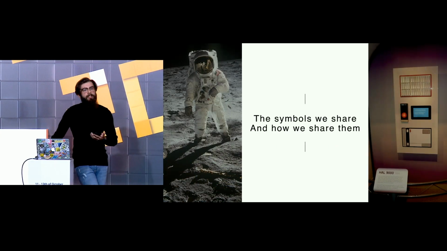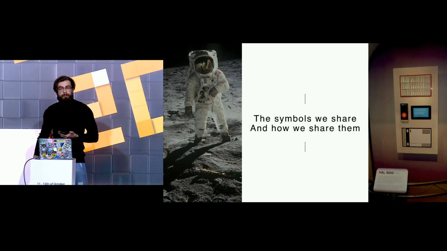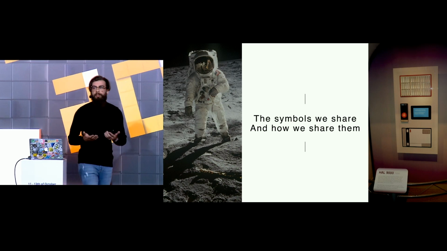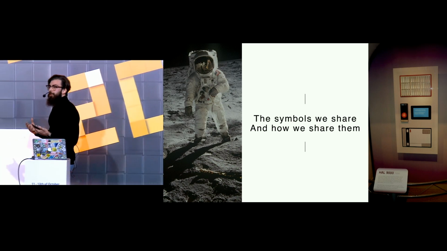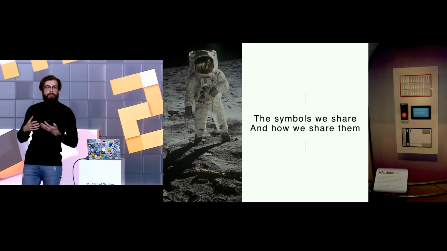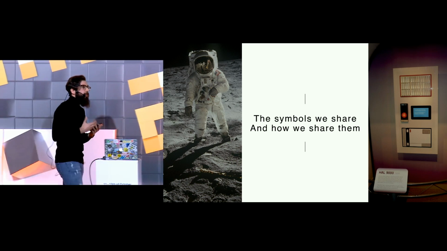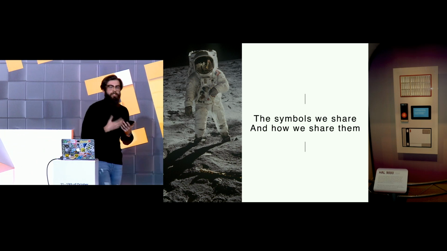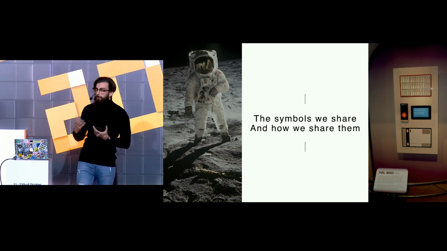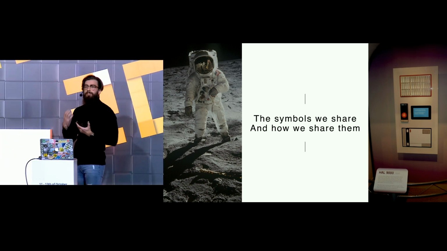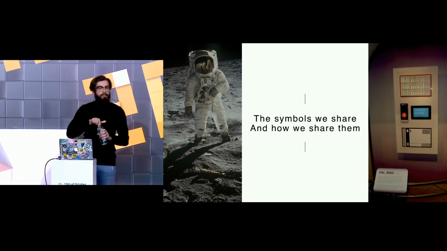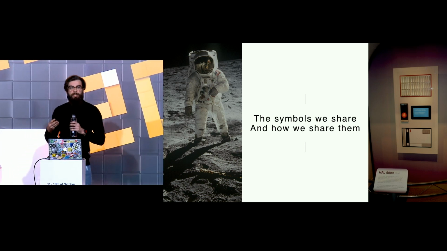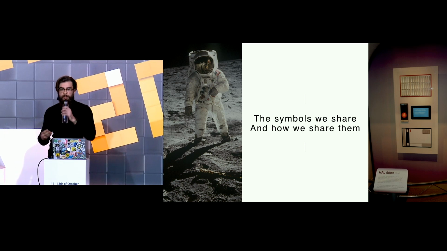And this is really a problem which has to do with the symbols we share and how we share them, right? We need to use the right abstractions in the right context. When we're talking to machines, it's usually easier to use structured text. It's easier to use a language which is closer to what the machine understands and to the way it communicates with you. When you use visual abstractions, many times they're not accurate. And that causes problems, that causes mismatches, that causes problems in communication, in language.